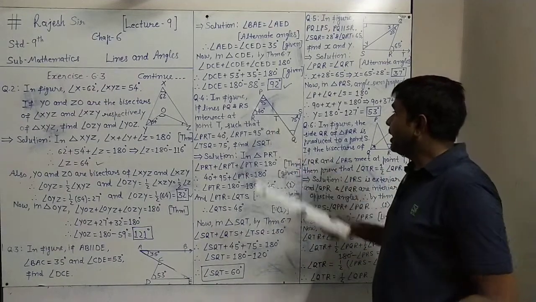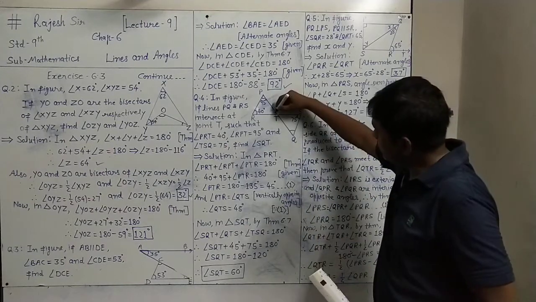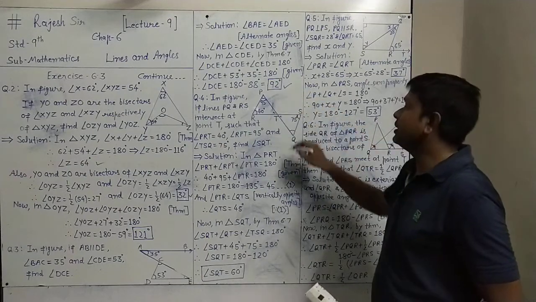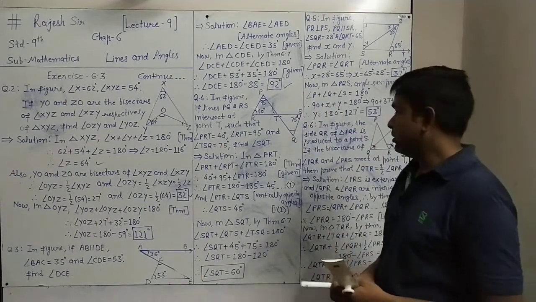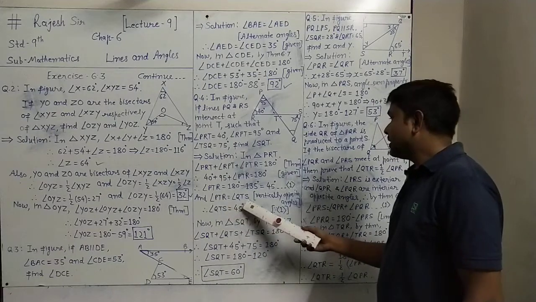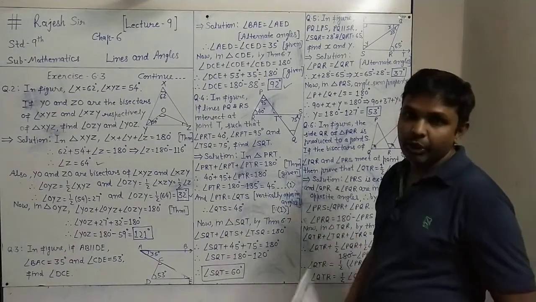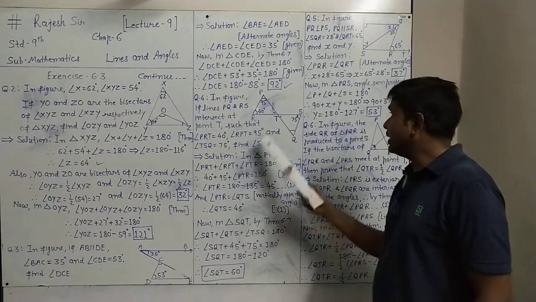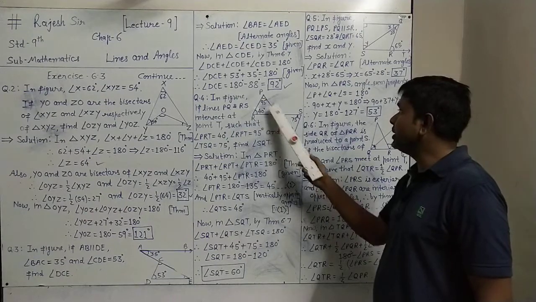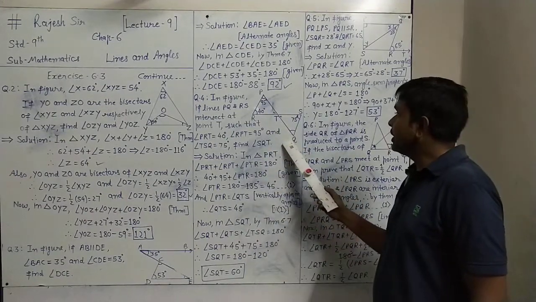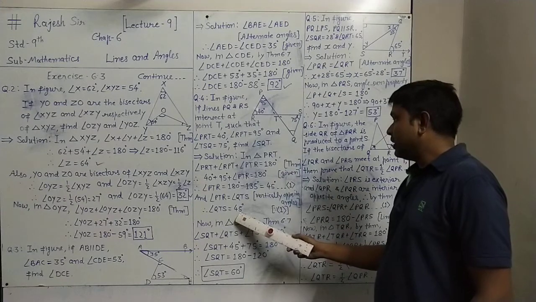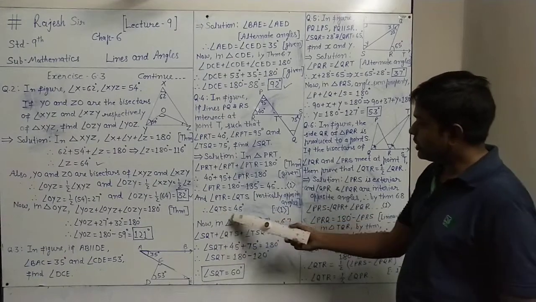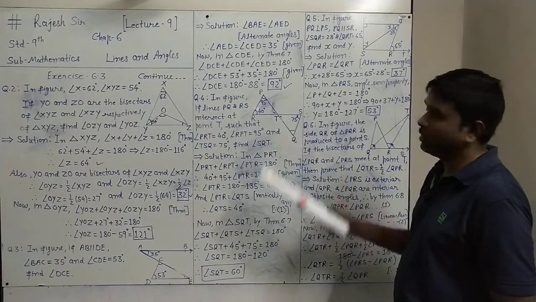Now angle PTR, this angle, and angle QTS, this angle, you can see they are vertically opposite angles. So PTR and QTS are equal because vertically opposite angles are equal, by theorem 6.1. So angle QTS is also equal to angle PTR, that is 45. Therefore angle QTS equals 45, as PTR is 45 given in equation 1 or result 1. So we reach up to QTS is 45, this angle is 45 we got.